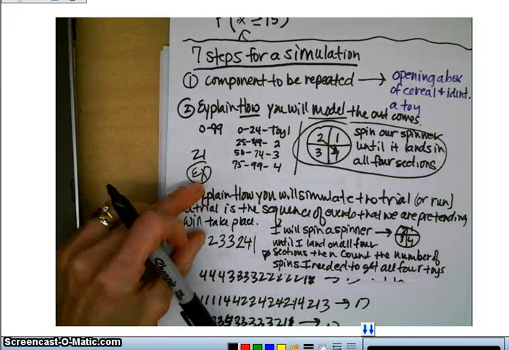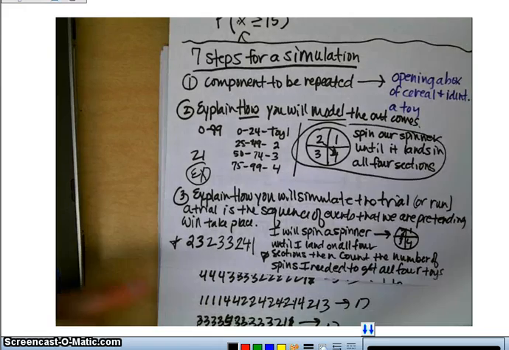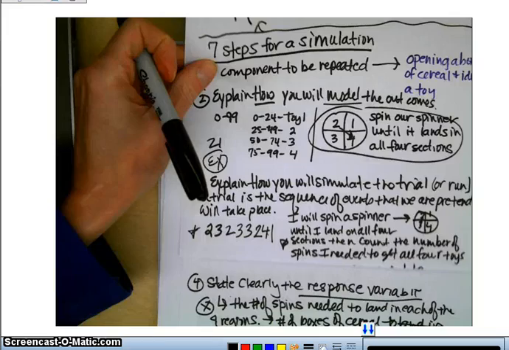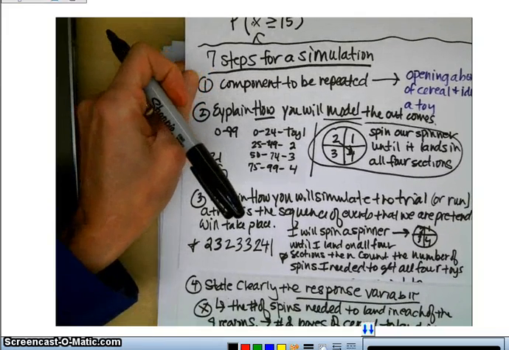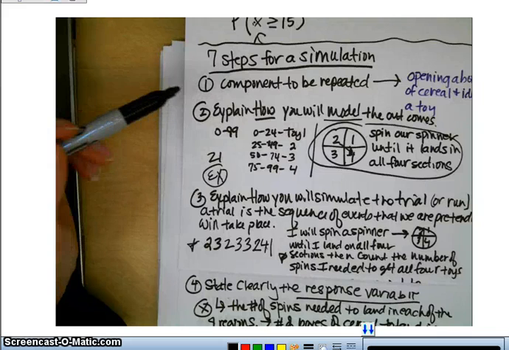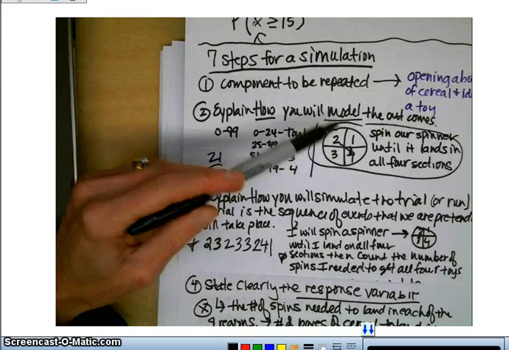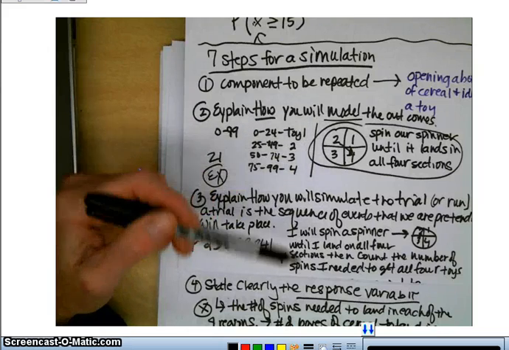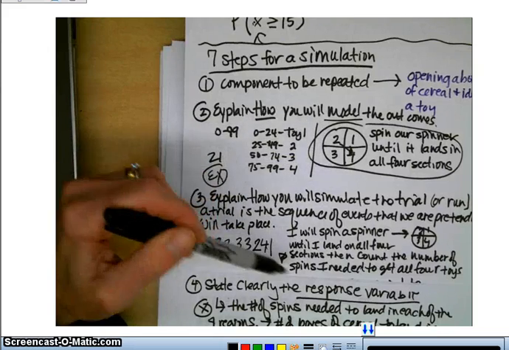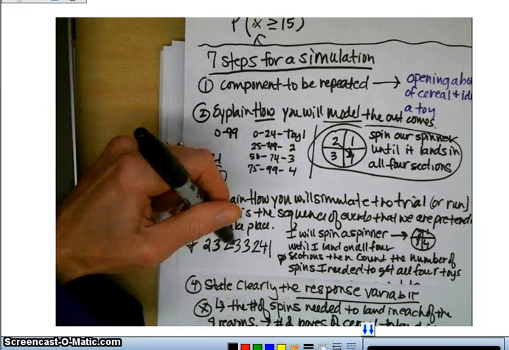Alright, so what we were talking about in day 29 is the 7 steps for a simulation, and we went through the steps. We have decided that we're repeating the component, opening a box of cereal to identify the toy. We're going to model that by spinning a spinner until it lands on each of the 4 sections, and then afterwards we're going to record every section it lands on like this, and then count the number of spins,